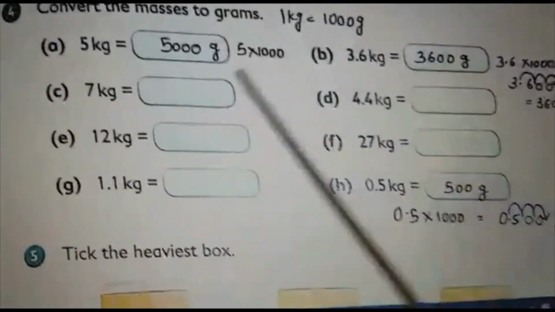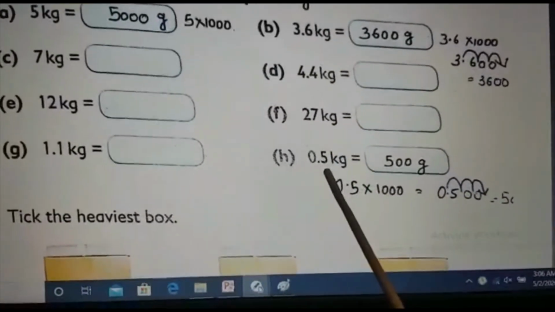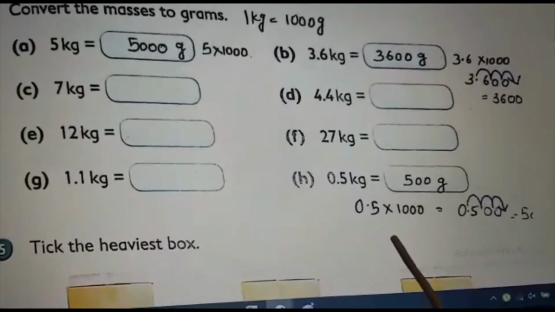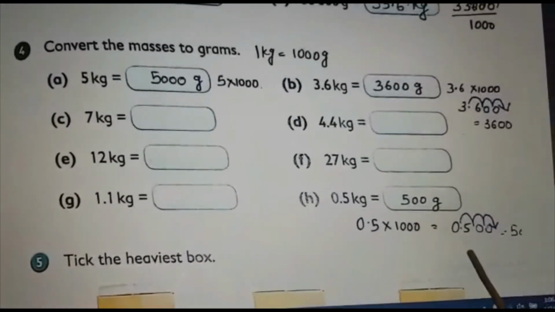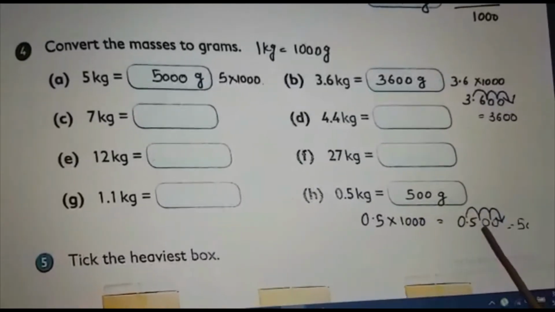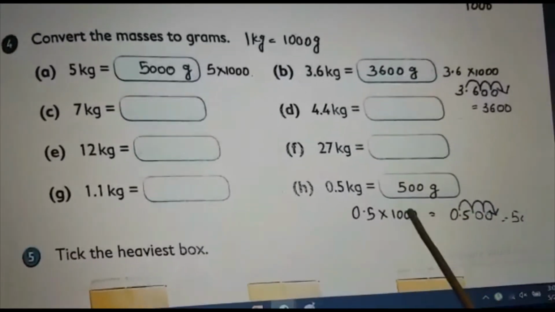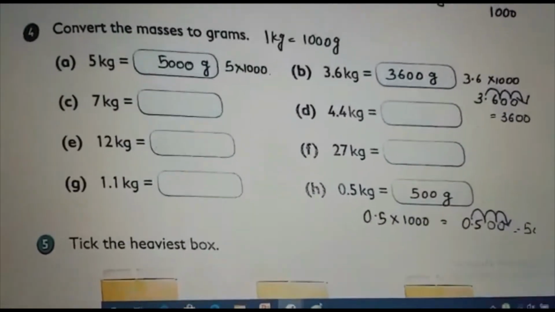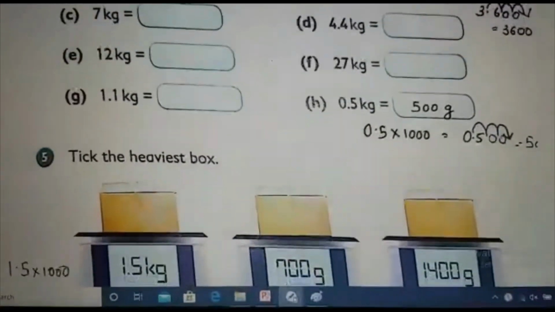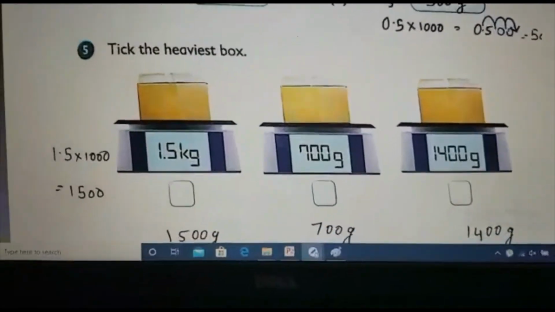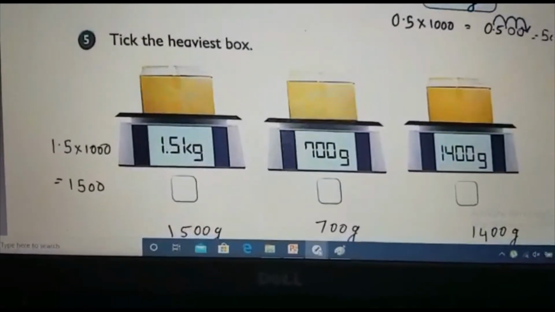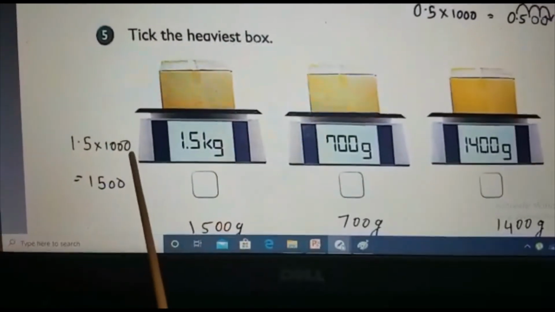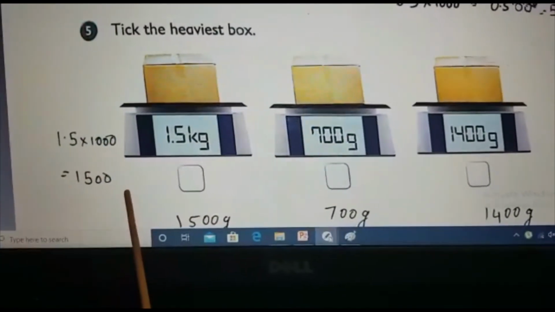Same way you do all the sums. Again, see the last one. I again did 0.5 kg. So what I should do? 0.5 multiplied by 1000. So again from here 1, 2, 3. So what's the answer? It becomes 500.0. It is the same as 500 grams. So the last one also compares the same thing I explained. You can do it again. See, 1.5 kilogram. I am converting to gram first by multiplying by 1000, so it becomes 1500 gram.